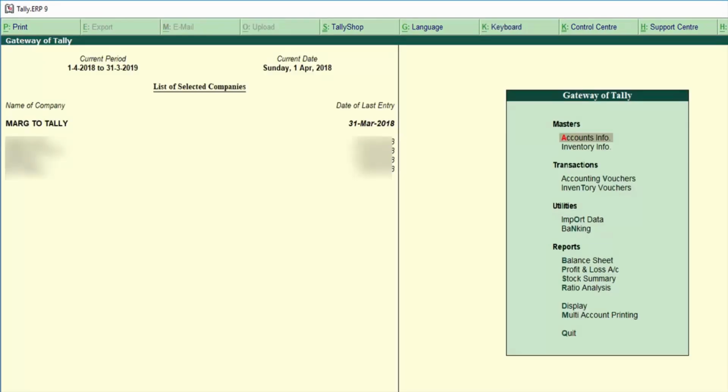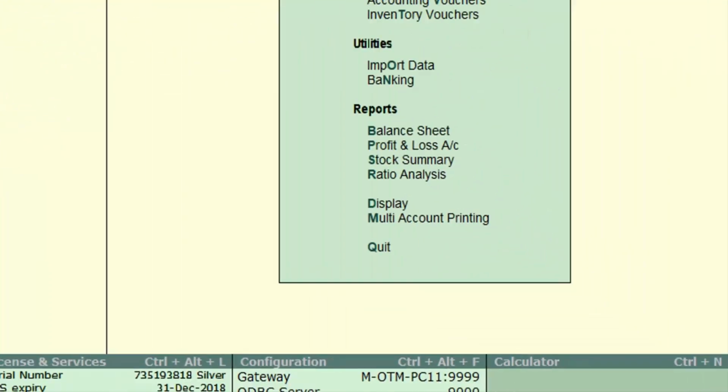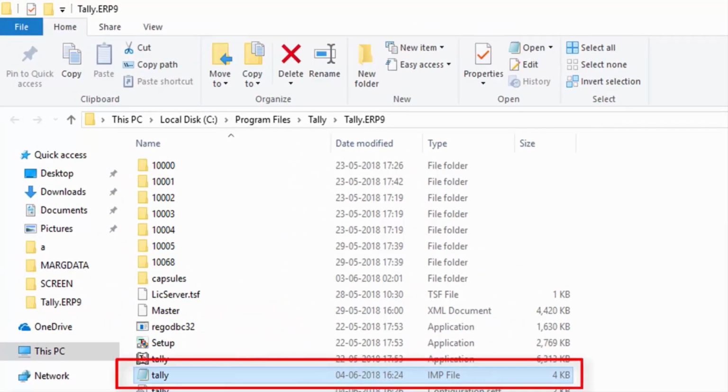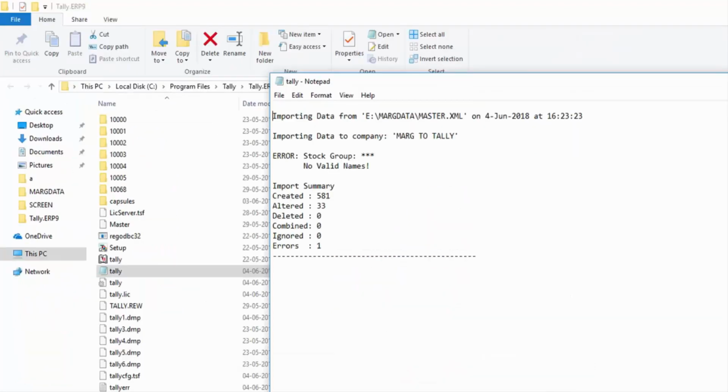After this, we will see what if there are issues at the time of data exporting, then how you will resolve it. And you will note that when there are errors in Mark, then the exp error log file gets created and the IMP file gets created in Tally. Now, like at the time of exporting the data, if errors are shown to you like this in Tally, then it means the data you are importing contains special characters, due to which these errors are shown to you. Along with it, if you open the error file of Tally, let's open the IMP file, then it will show you what the error is.